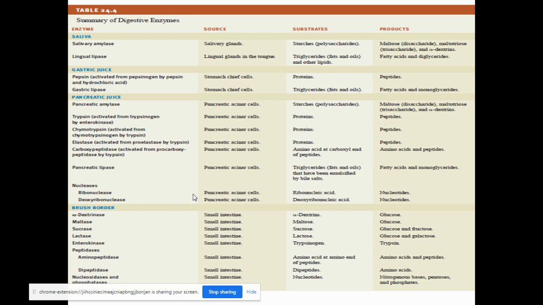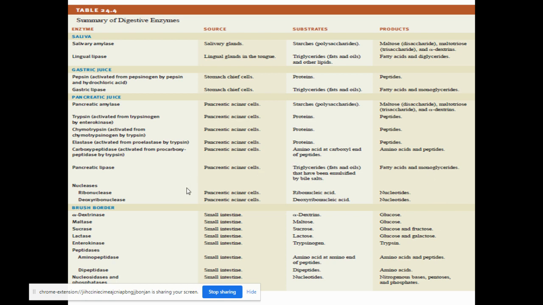So when they reach the duodenal region, what happens? The pancreatic lipase will act upon the triglycerides, the fats and oils that have been emulsified by the bile salt. That is, it cannot act upon the larger globules of fats, so only when they are converted into smaller lipid droplets, or micelles. This emulsification will increase the surface area available for the action of the lipase. So it will convert the fats and oils into fatty acids and glycerol, monoglycerides, diglycerides, and so on.